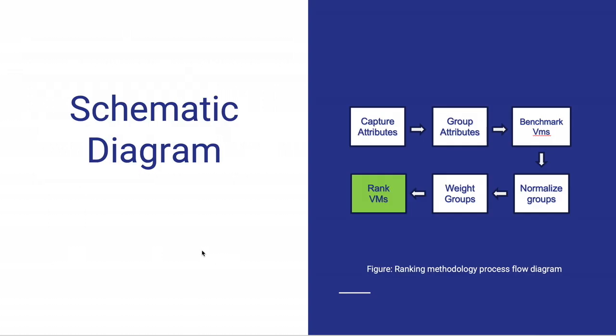For the schematic diagram, as we discussed earlier, these are the 6-step process. First, we capture the attributes, then these attributes are grouped, then the VMs are benchmarked using those group attributes. We normalize those groups, we weigh in the expert opinions, and then we rank the virtual machines. I hope this